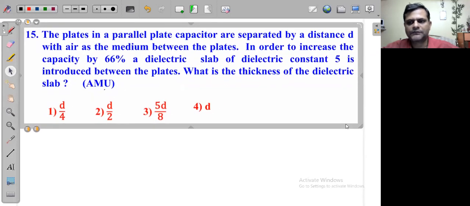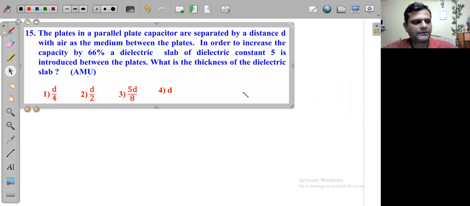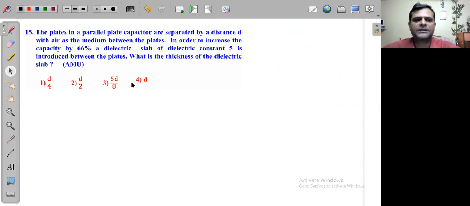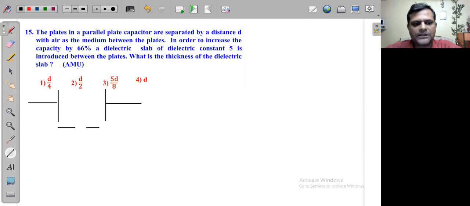Yes, just read the question once again carefully. It tells us that a parallel plate capacitor, which consists of parallel plates like this. This is the first plate here, and this should be the second plate here. Okay, and separated by distance d, मतलब यहाँ पे इन दोनों के बीच में जो डिस्टेंस है तो वो d इतना दिया हुआ है और वो एयर में है, मतलब इन दो प्लेट्स के बीच में यहाँ पे एयर है,